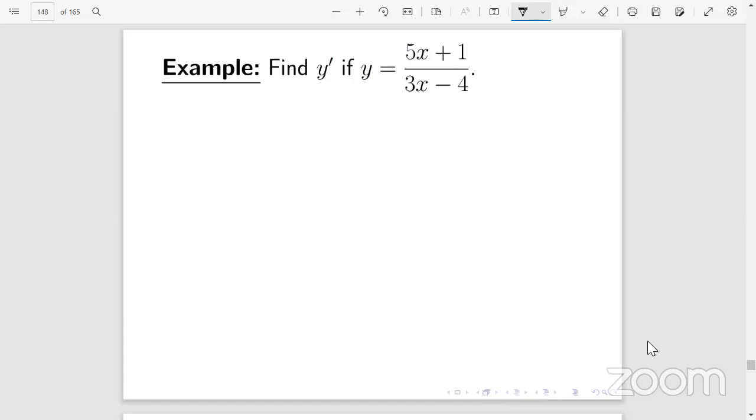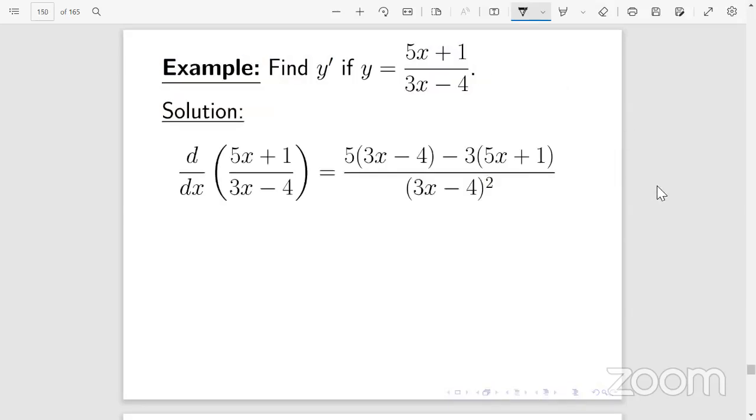Let's try to get an example. So we have y is equal to 5x plus 1 all over 3x minus 4. As you can see, we cannot factorize anything to simplify here, so we have to use the quotient rule. So we have our f of x, which has a numerator and a denominator. So using the quotient rule, remember we said keep the denominator constant, differentiate the numerator,